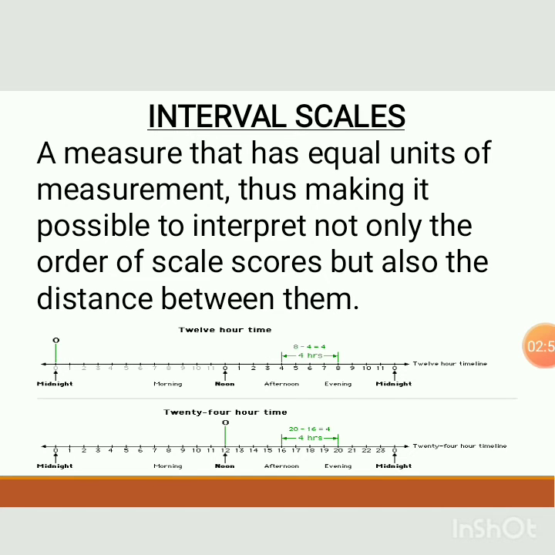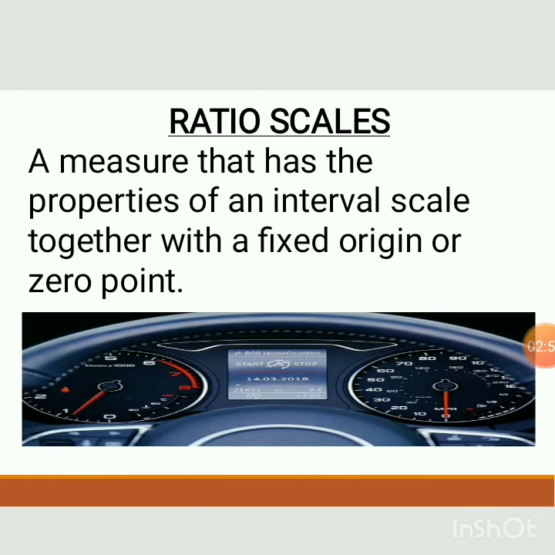The next scale we have for solving those limitations is the ratio scale. It is a measure that has the properties of an interval scale, a nominal scale, and an ordinal scale together with a fixed zero point. As we see in length and height, there zero means complete absence of length or height. So there we can take